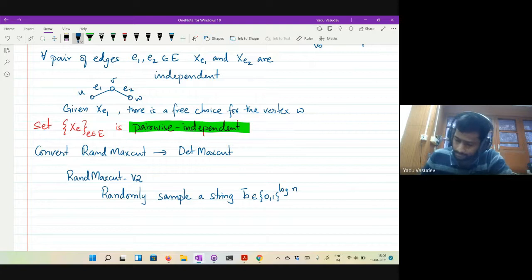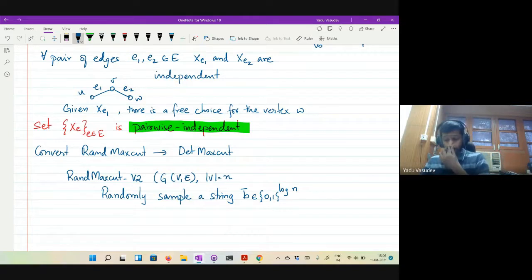You have a graph G = (V, E), and the cardinality of V is equal to n. So you randomly sample a binary string of log n length.